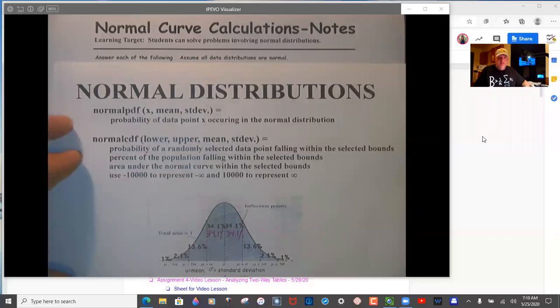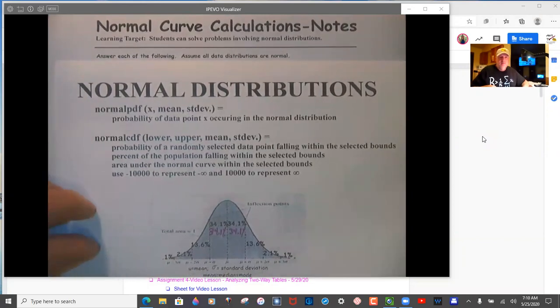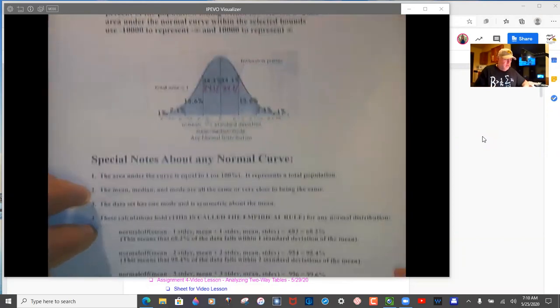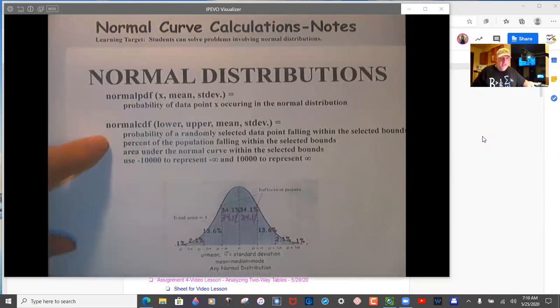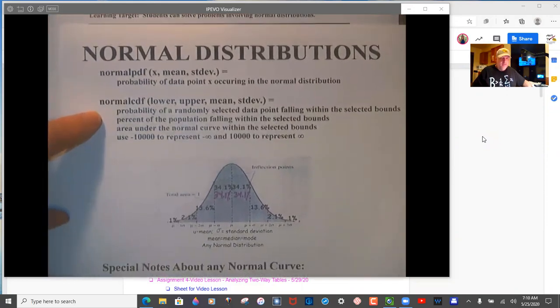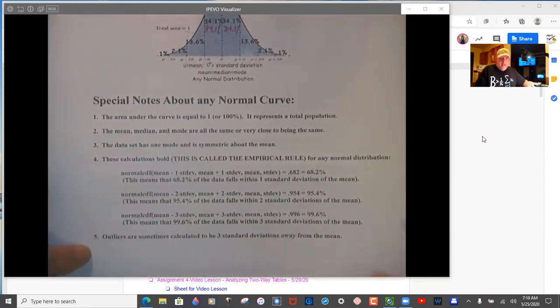This is the 5th assignment, notes. You're going to need the normal distribution page of notes. And we're going to be doing these two calculations, predominantly the normal CDF. And you're going to want to read through some of the material at the bottom here,